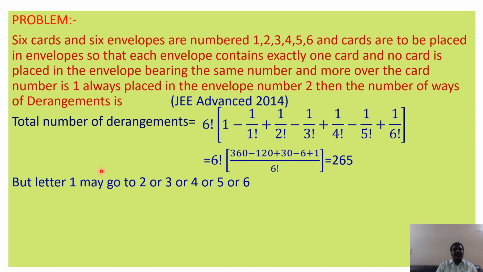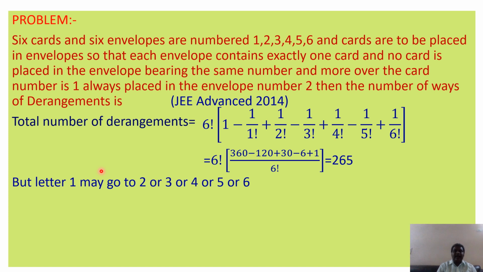But my letter 1 may go to 2, or 3, or 4, or 5, or 6. So, how many times do you have to reduce? 1, 2, 3, 4, 5 times you have to reduce. 6 factorial into something, that is the value 265. 265 is the total number of ways. In this case, my 1 goes to 2 or 3 or 4 or 5 or 6,